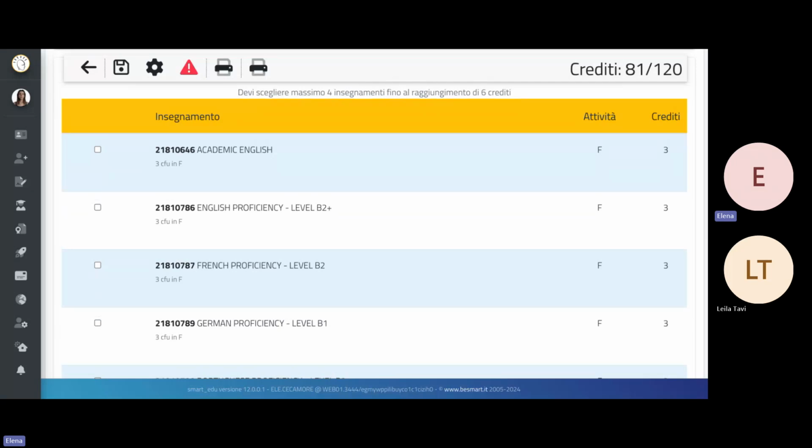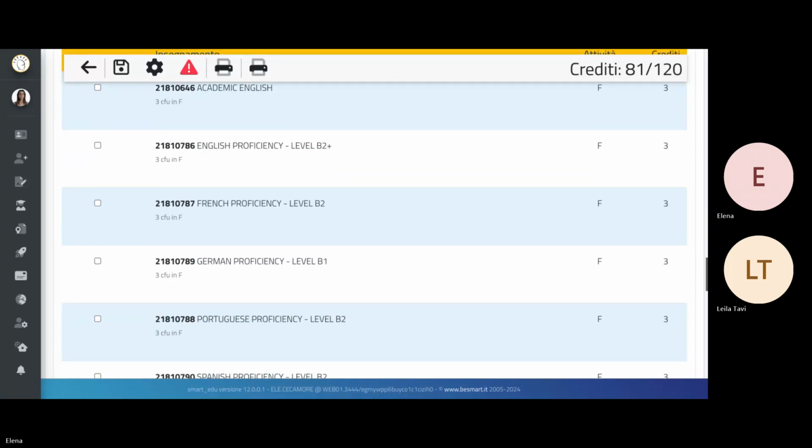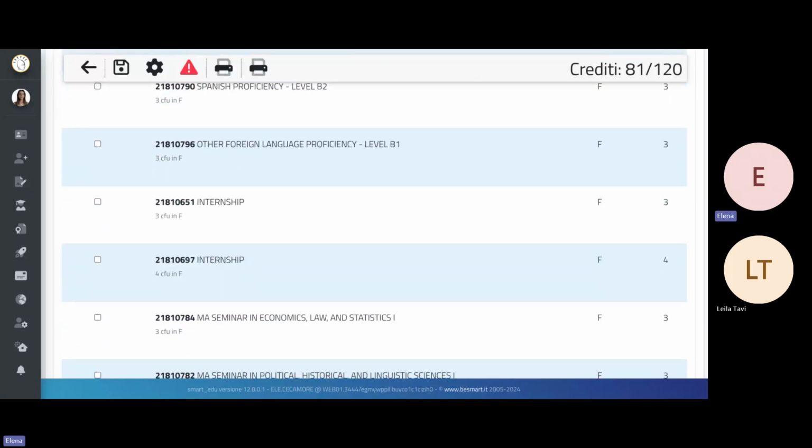Alternatively, there's the Roma Tre language center that is called CLA, which offers courses of about 70 to 75 hours in class. And for detailed information, please contact didattica.cla@uniromatre.it. The credits are validated by the Roma Tre student area if the achieved level is as indicated in the MA program's academic regulations. If you scroll down, you can see there are some internship possibilities, and it is necessary to